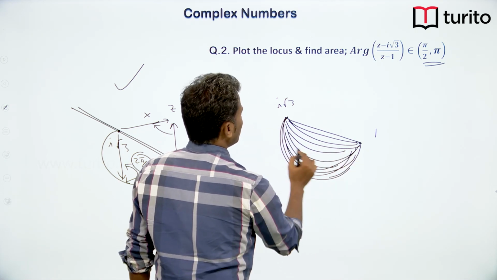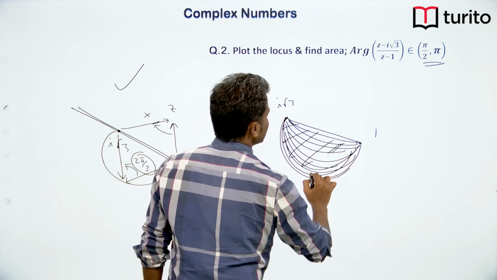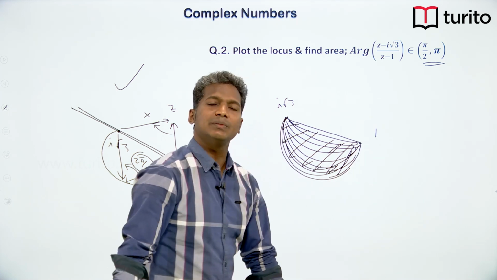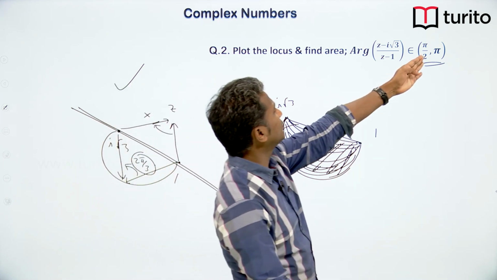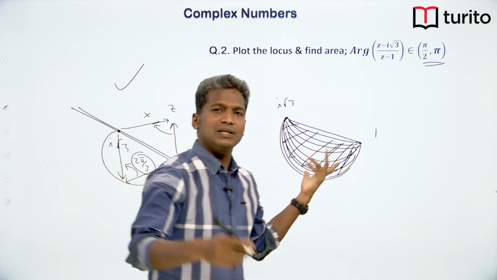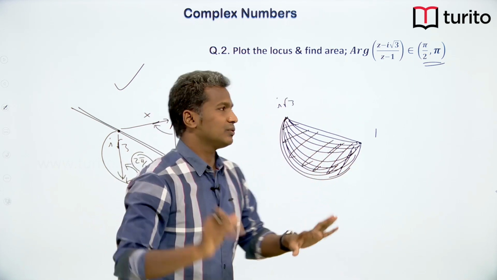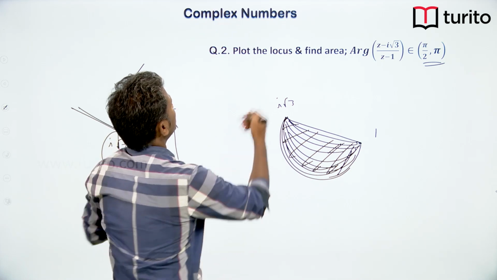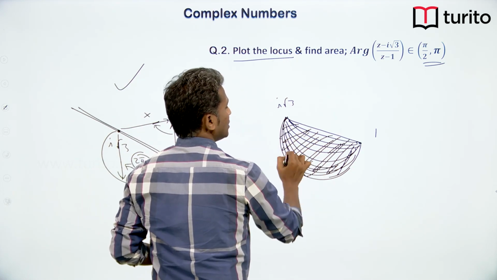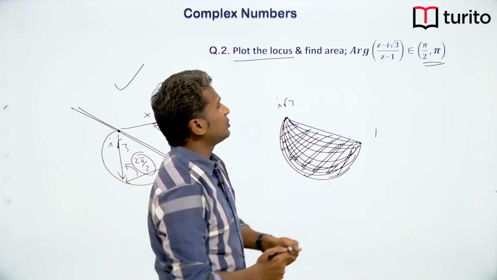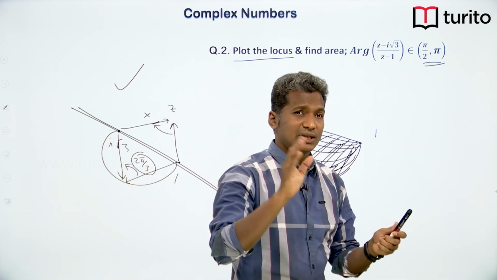So, when you plot all this region, you will basically get one semicircular portion. You can find the area of this using simple geometry that anyways you can do. Here, when we say plot the locus, this entire semicircular region is our locus. Now, suppose if I vary the angles like this,